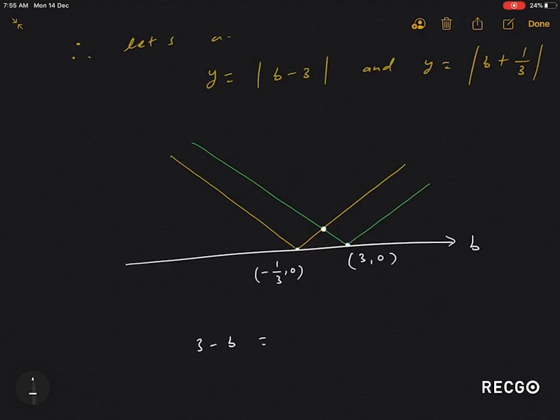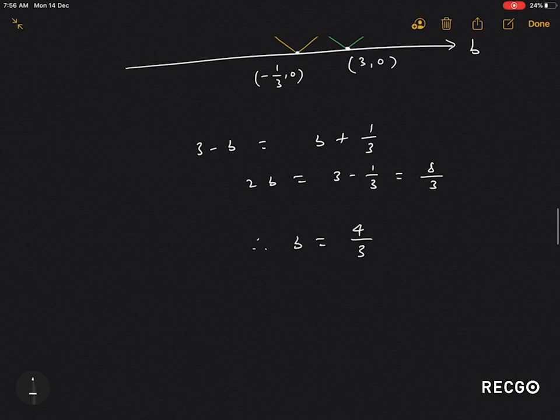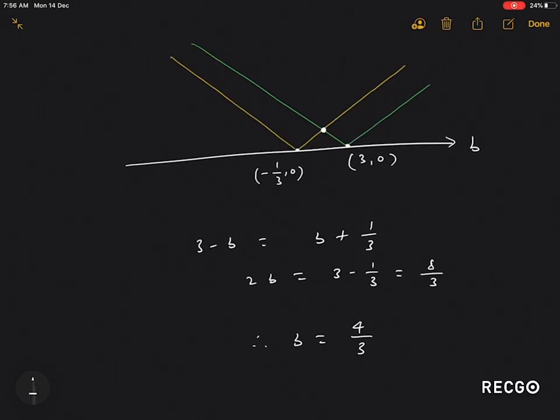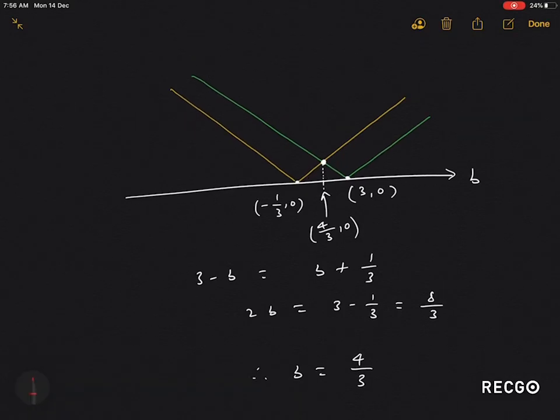So for that, let us solve the two equations: 3 minus b is equal to b plus 1 by 3, and from here we are getting that 2b is equal to 8 by 3, and then b must be equal to 4 by 3. So the corresponding point on the b-axis would be 4 by 3 comma 0, right? Okay, so now since we have to consider the maximum of the two graphs,